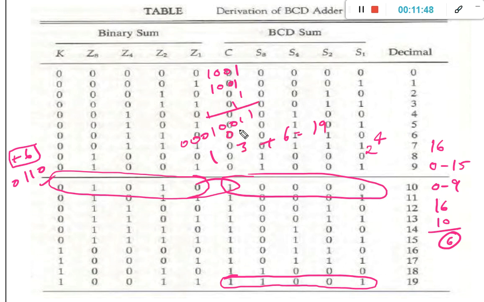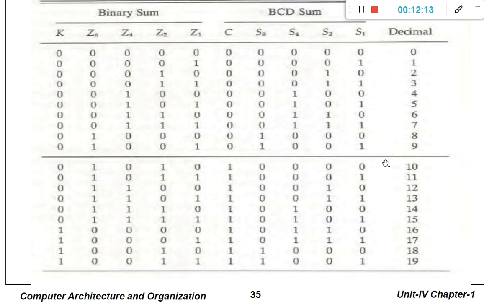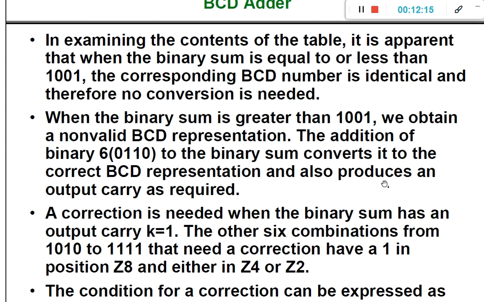Then we are going to get the correct value 19. So if we add plus 6, 0 1 1 0, and then this is 1, 0 0 0 1, 1, 9. 19. We got the correct result 19. So if you consider more than 9 value, then we are going to represent correctly by adding the plus 6 value. So these are the points we should note for the BCD before actually performing the BCD addition.